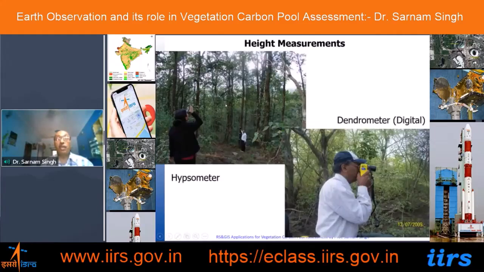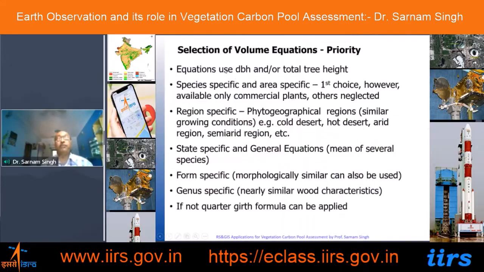Now let us say we have the measurements. Now I will go to the calculations. As I said earlier, we now have DBH and total height. The first choice is a species specific volume equation. First choice, calculate the volume or biomass or carbon directly. If not,